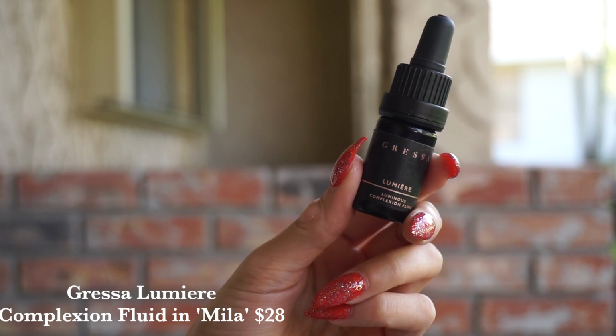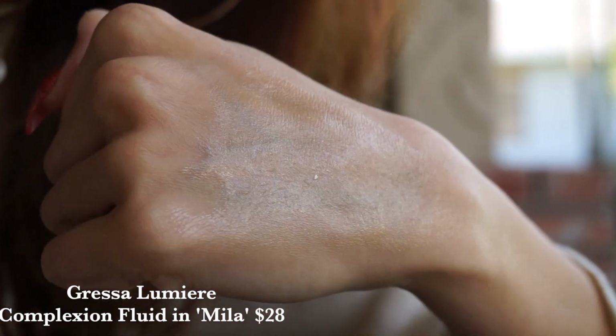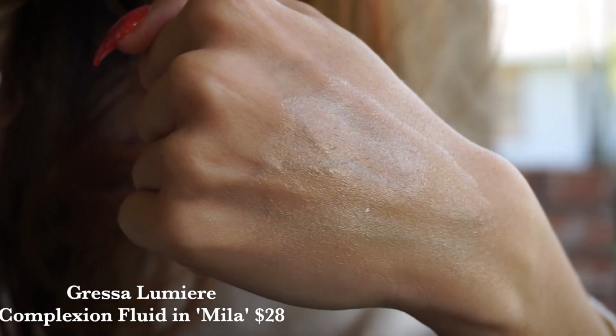It is a beautiful highlight. I don't have this on today because I have another highlighter that I'm going to be sharing with you, but I did demo this product very recently. I used it in quite a few tutorials. I'll try to pop those down below for you. But it's just a beautiful, very natural,